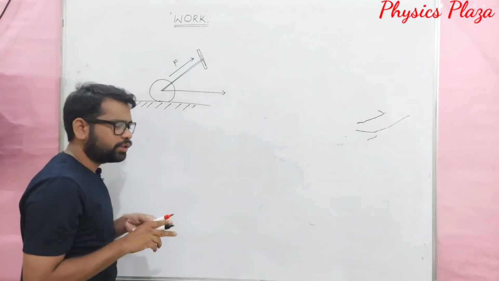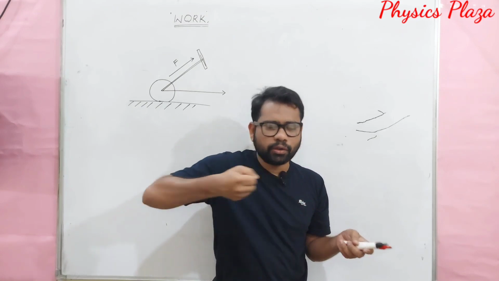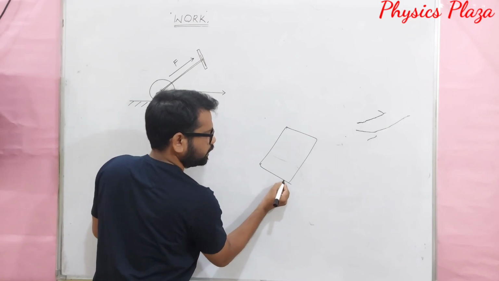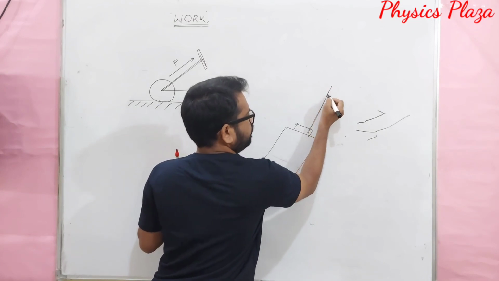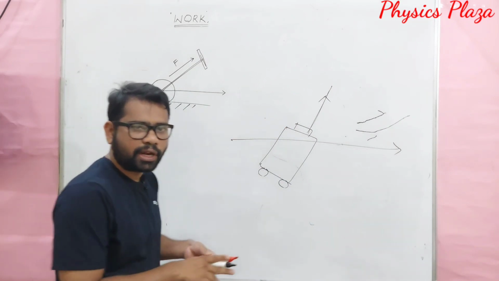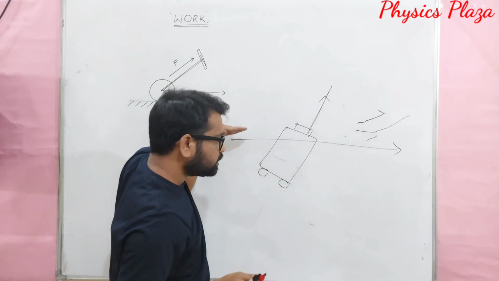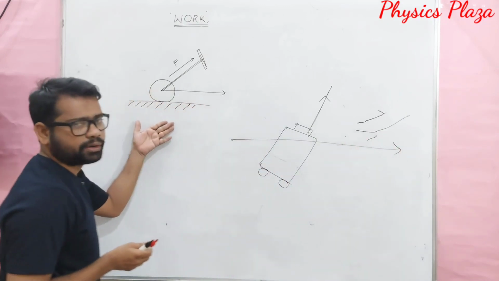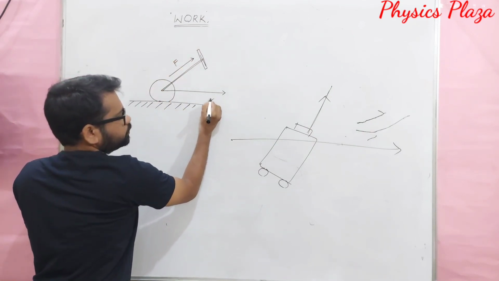Even not only this, dear children, you can take a situation with a briefcase with wheels. How can we pull it? Let us take this. Suppose here is a briefcase. It has some wheels. We will be pulling like this, but it will be moving like this. We cannot pull it horizontally; we will be pulling at a certain angle. This is the direction we pull, but the briefcase moves in a different direction. The same case applies here: force is acting in this direction, but the body is moving in this direction. So it is a displacement.